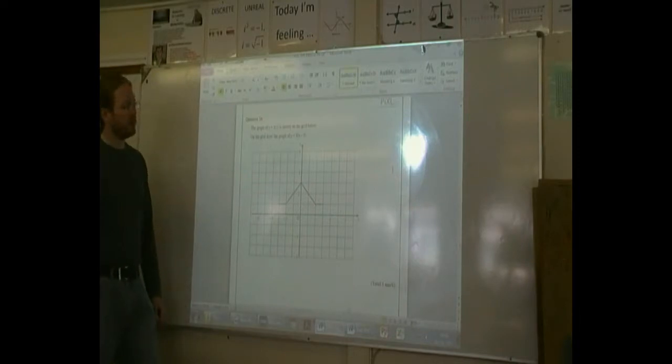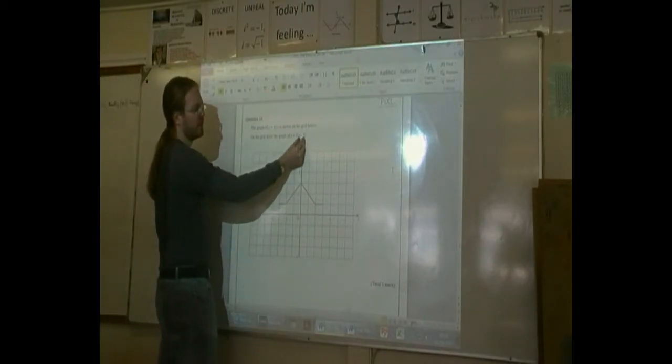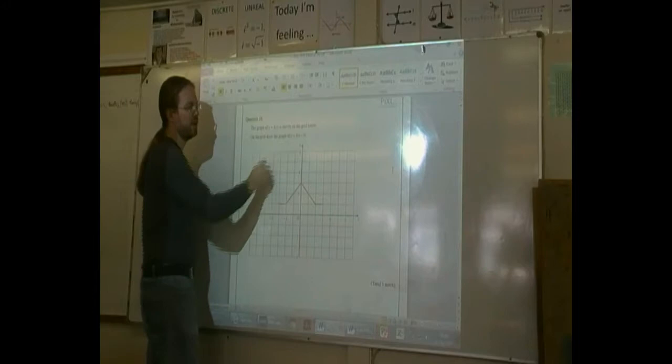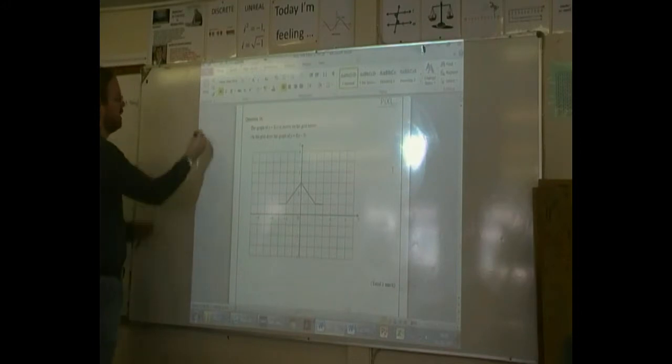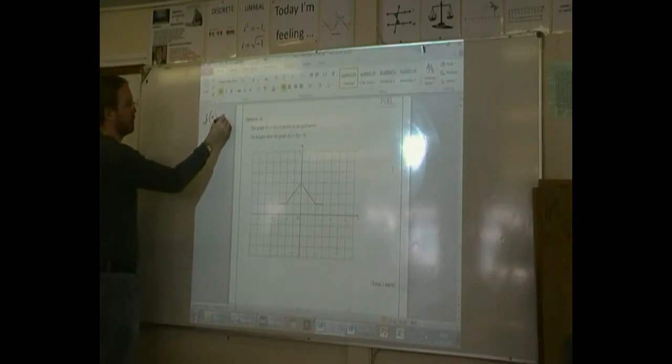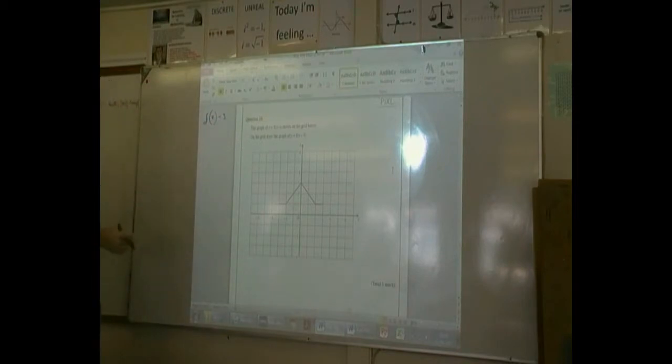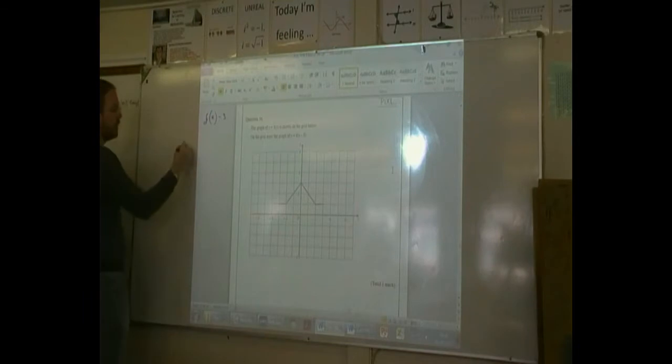So there are rules for transformation of graphs, but the main one is, you can see here, the x minus 3 is inside the bracket. That means it is affecting x and not y. Okay? If it was f of x and then minus 3 afterwards, it would be affecting y and not x. Okay? So inside the bracket